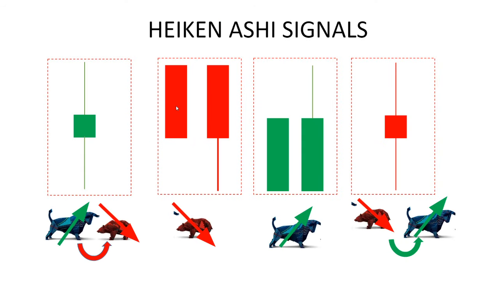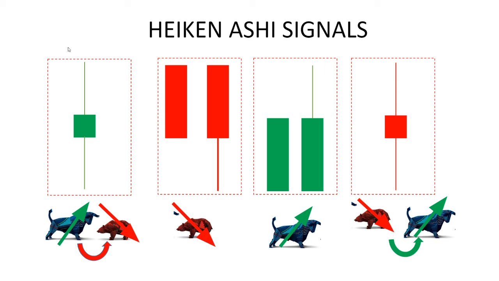And this is basically like an example. So a downtrend is going to have long-bodied candles with a wick on the bottom, and a bullish trend, an uptrend, will have long-bodied green candles with the wicks on top. When we see small-bodied candles with wicks on top and on the bottom, it's basically like a forewarning that the trend may be changing.